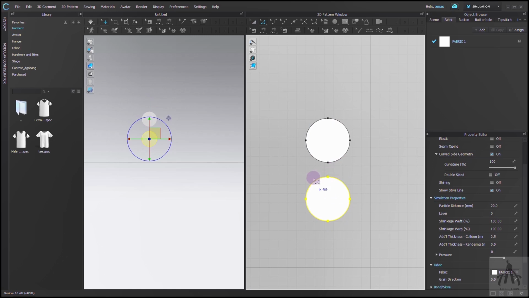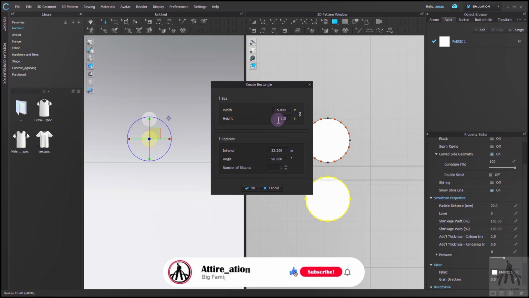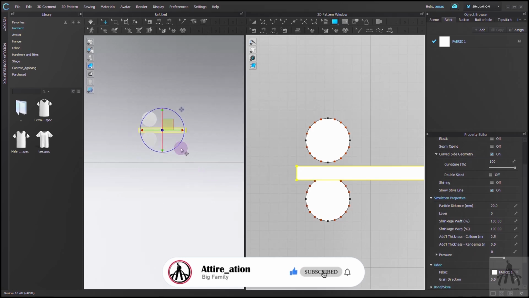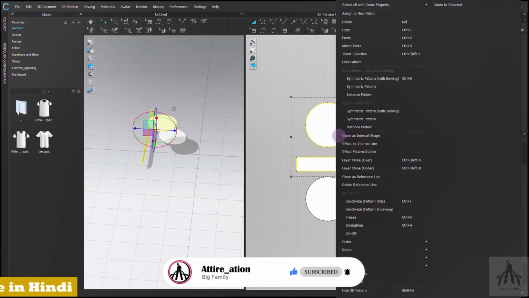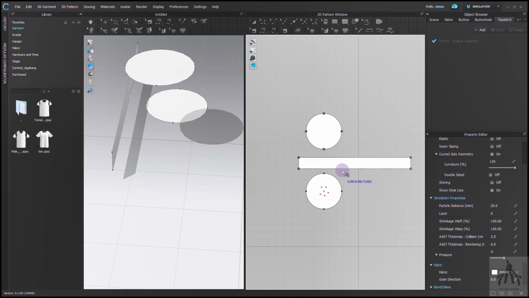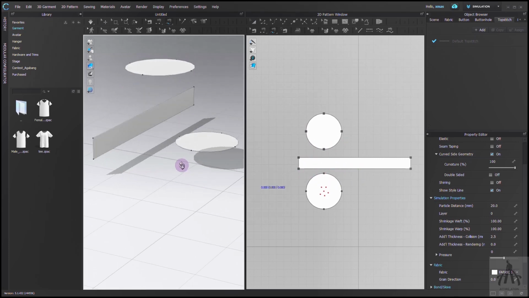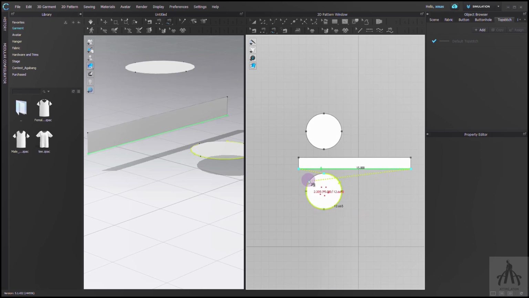Our circumference was 15 and we have to decide its height so that our purse can stand. So I will make it 1.5 inch. Now it's time to set the pattern in the 3D window to make it easy. So that is for extra information. Now let's quickly move on to the next part.